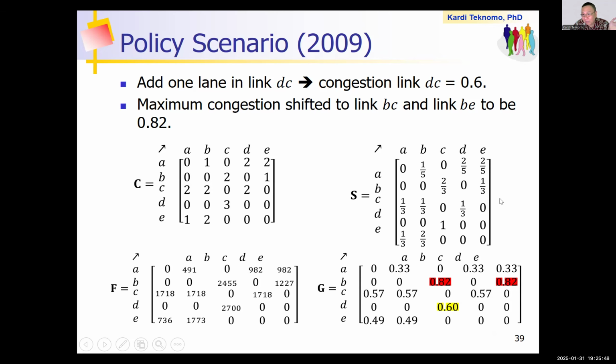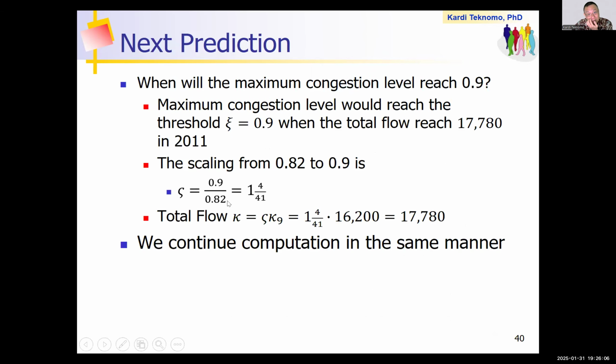Because of that, now everything changed. Now we get a new equilibrium of congestion, which is 0.82 in the year 2009. But this is not yet 0.9. So then you can calculate again. When will it become 0.9? Right? Then you divide. 0.9 divided by 0.82, and that multiplied by a while ago was 16,200. Now becomes